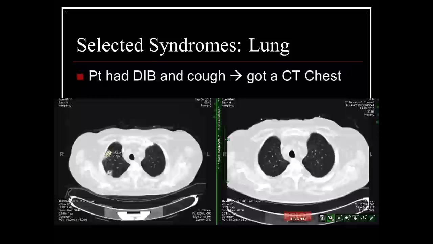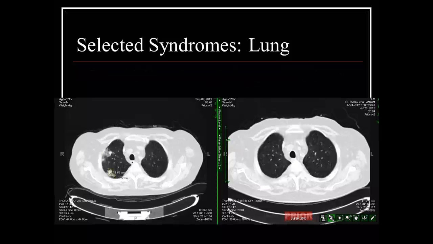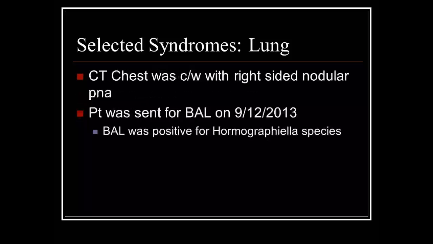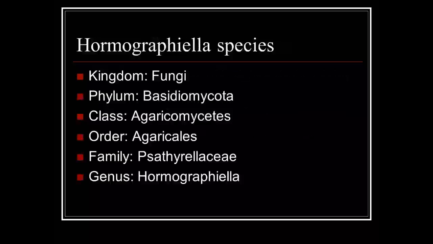He got short of breath and had a CT scan. This is his old one, this is his new one. Here are some cavitary nodules, a large nodule here, and subsequently here as well, and then with some areas of ground glass. So we described the CT as new-onset nodular pneumonia. Possible causes, what is the next step? So we sent him for a bronch. He grew out Emmonsiella species,